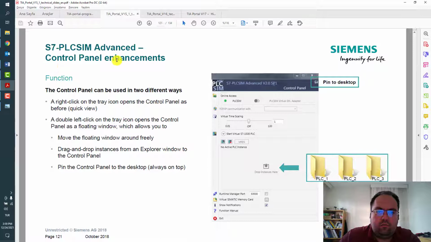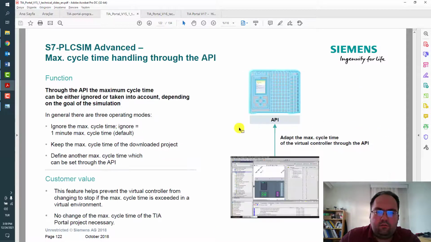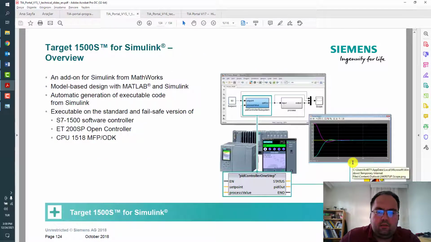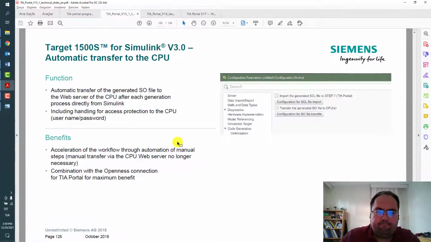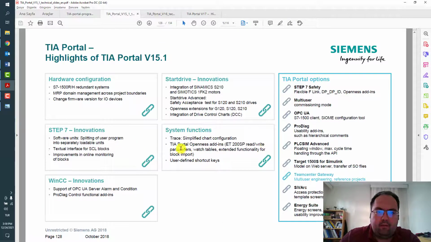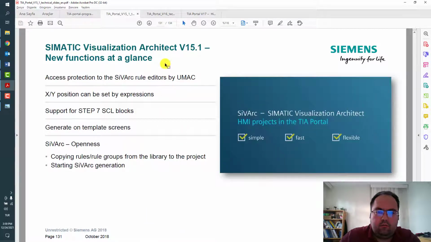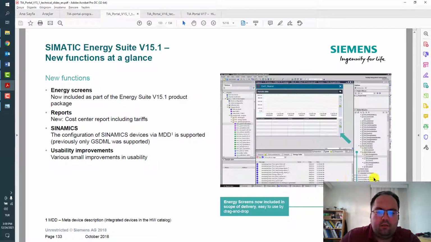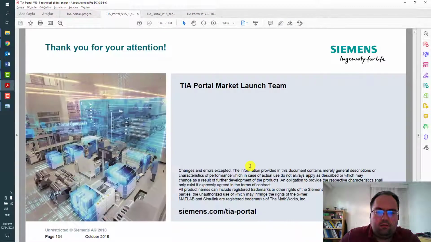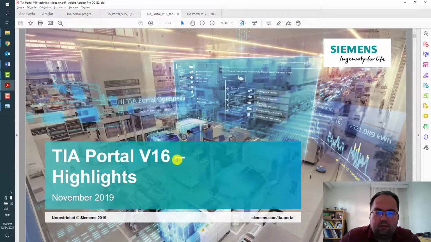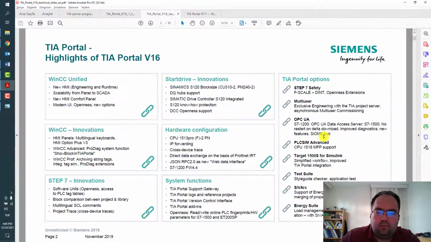There are some control panel enhancements of PI System Advanced. Teamcenter Gateway, visualization architecture, Energy Suite. And let's take a look together at the next version 16, released in November 2018.